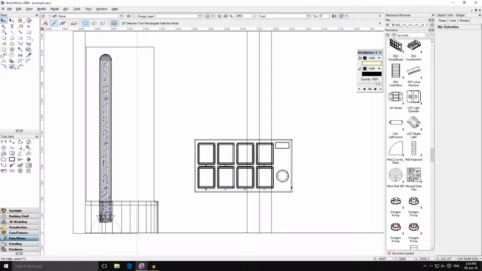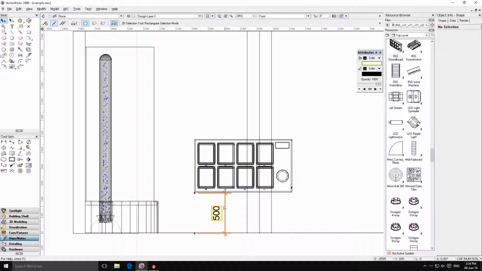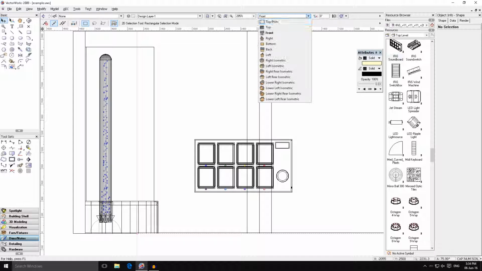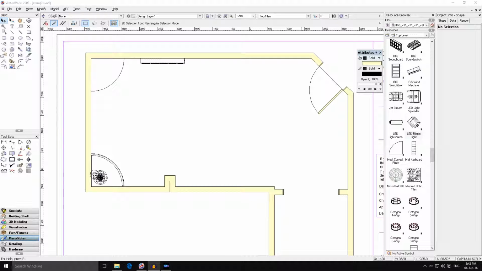If you want to, you can do both those orientations here. So you can do 450 there, and you can do your 500 there, just to double check that you're in line, which we are. Okay, so we don't need those anymore. Delete those two. Okay, and the third group that we're going to do is items that are mounted high up